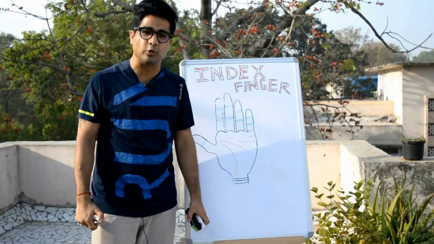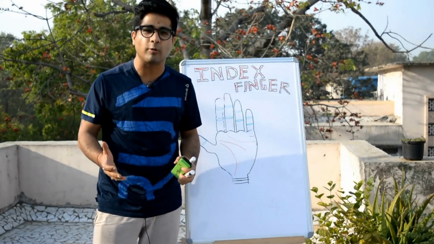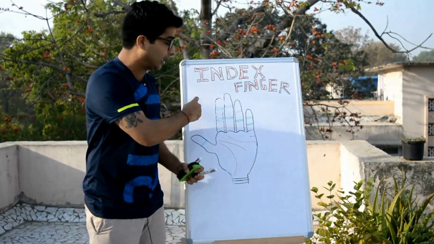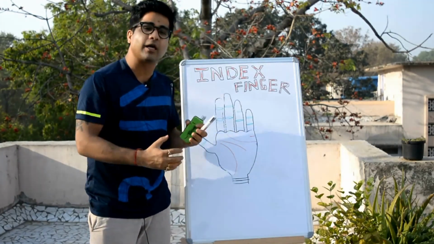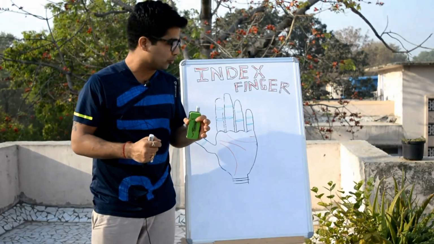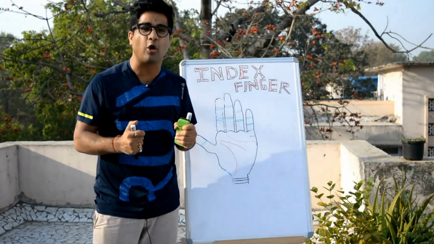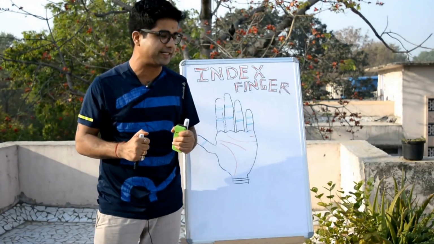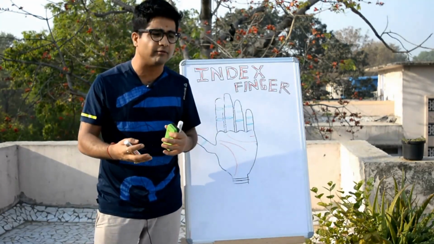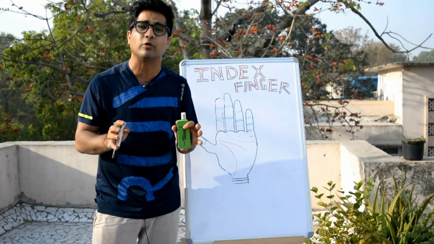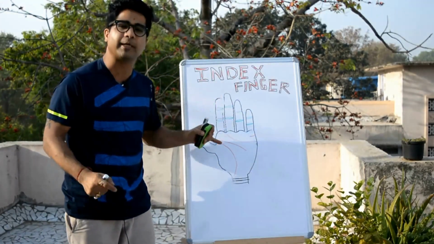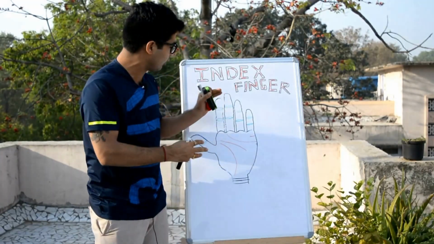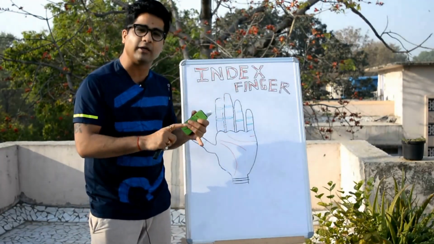Today we'll talk about chirognomy. As we know, chirognomy is the study of the structure and markings of your hand, and we have been discussing the index finger, like what are the traits associated with it. The index finger is the representation of your egoism, your assertiveness and your leadership qualities, along with moral values, righteousness and good ethics, because this finger is associated with planet Jupiter.